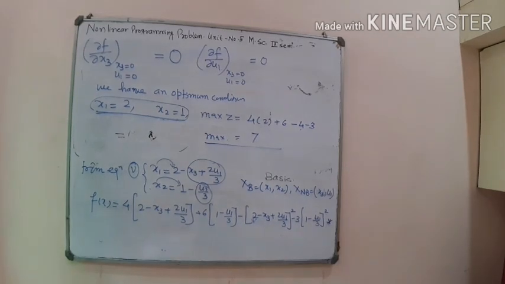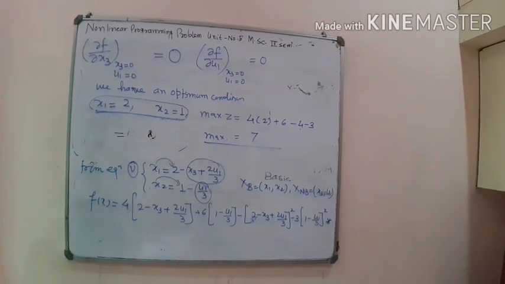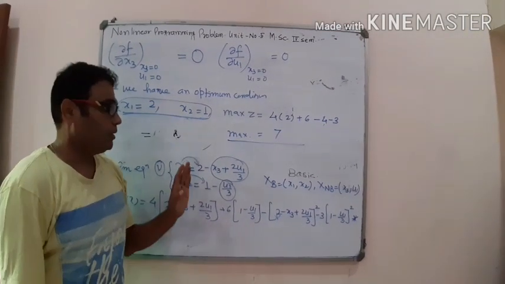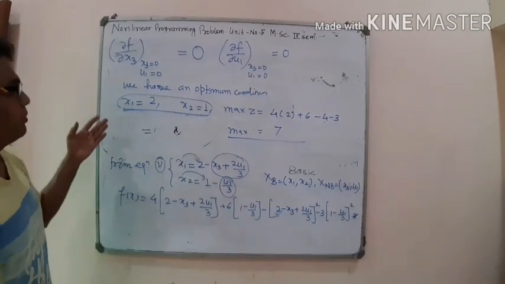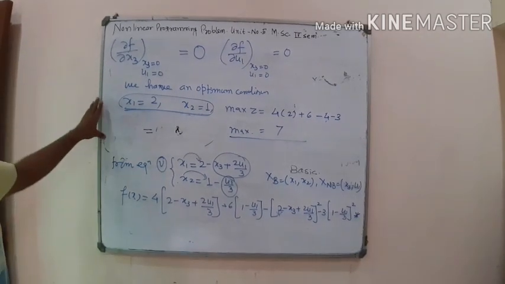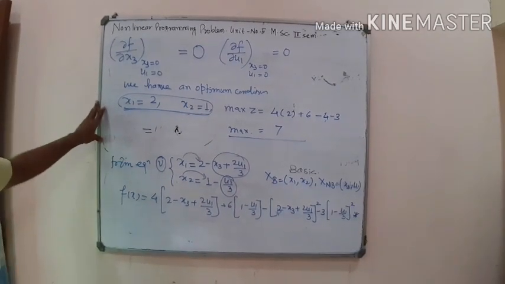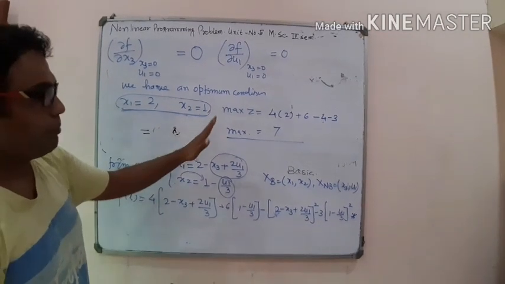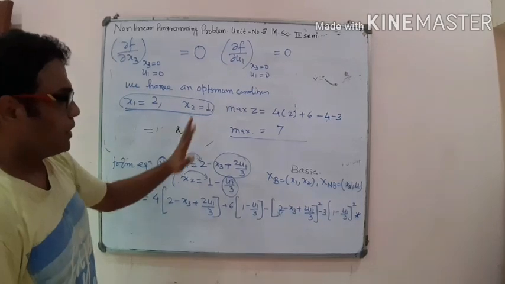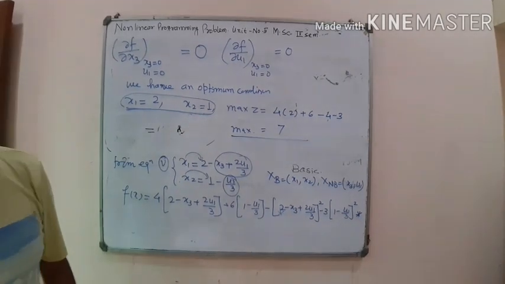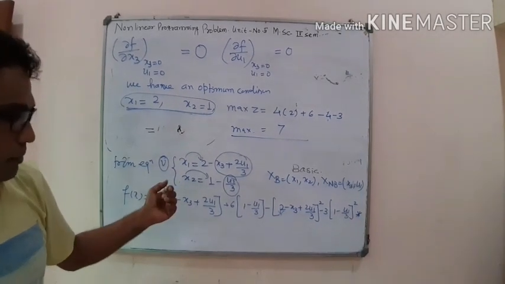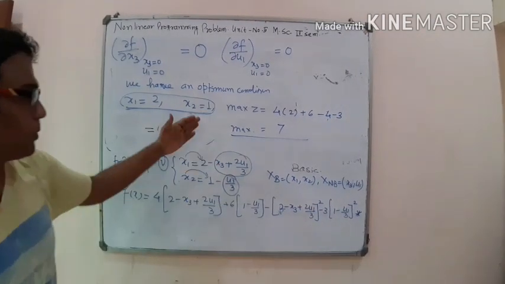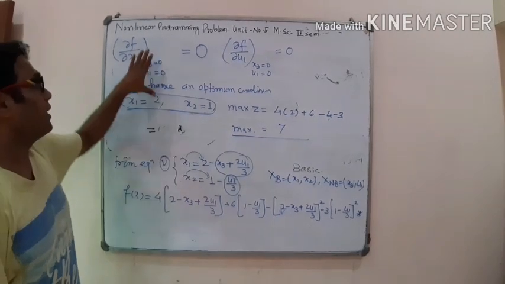So this is a very small demonstration of Wolfe's algorithm in which we consider only one subject-to constraint. The problem may be considered with more than one subject-to constraint. In that case, we increase the number of slack variables, x3 and x4 here. In the initial stage we consider x3 and x4 as slack variables, that is basic variables, and the key decision variables are non-basic variables. Repeat this process, and then finally you get the answer.